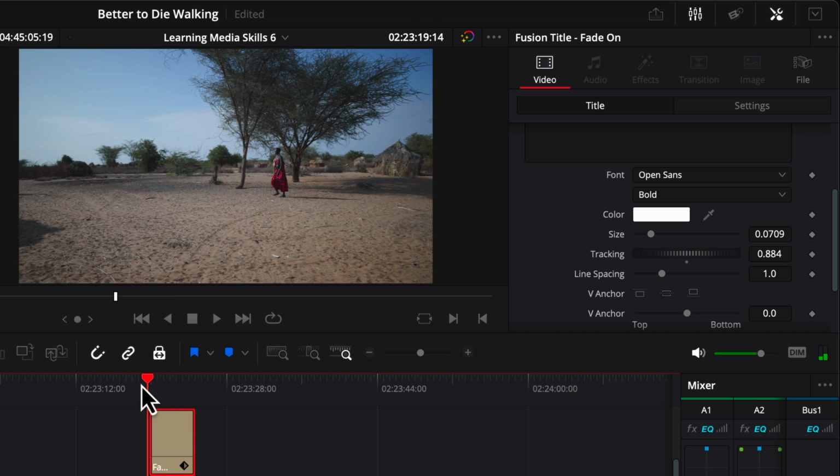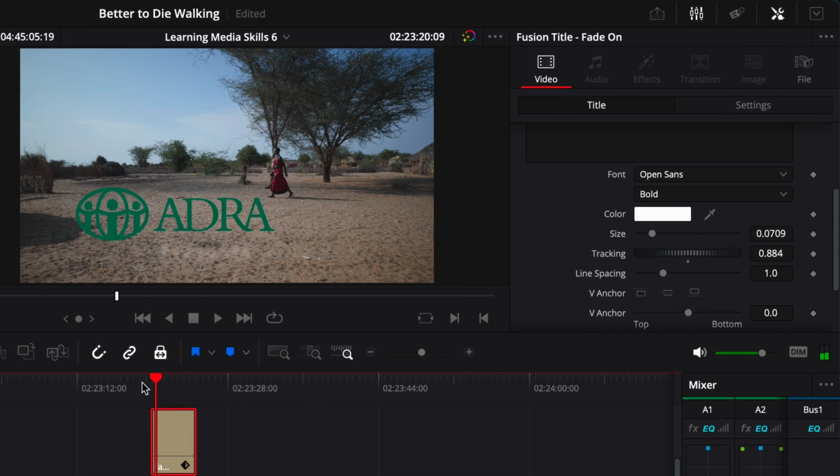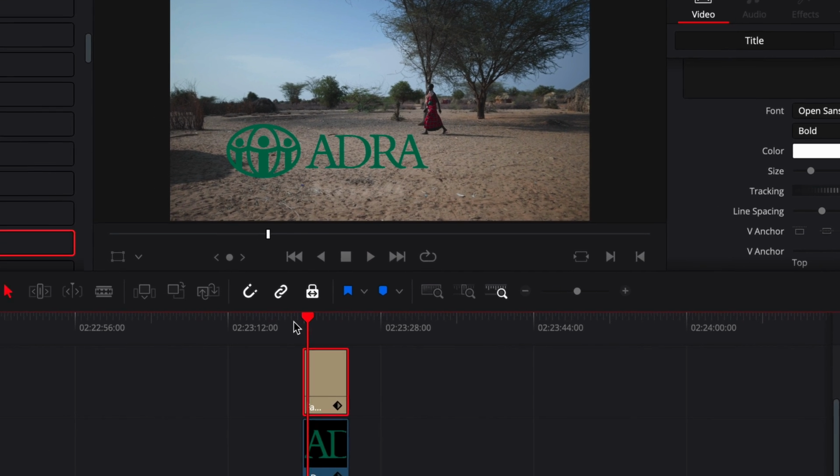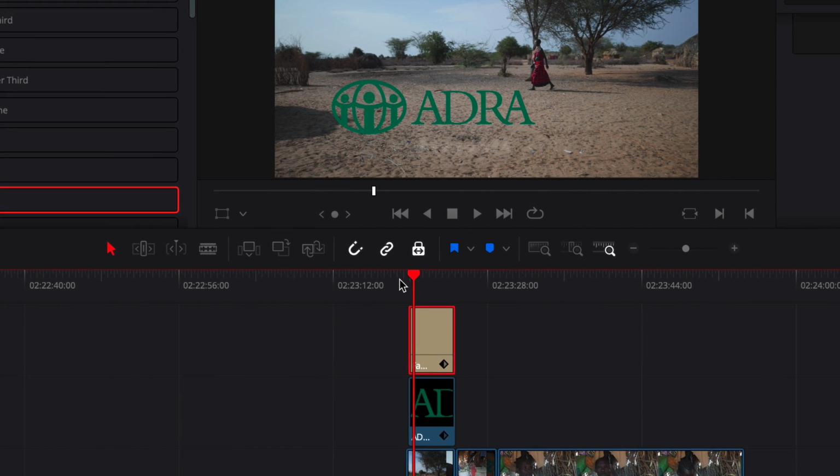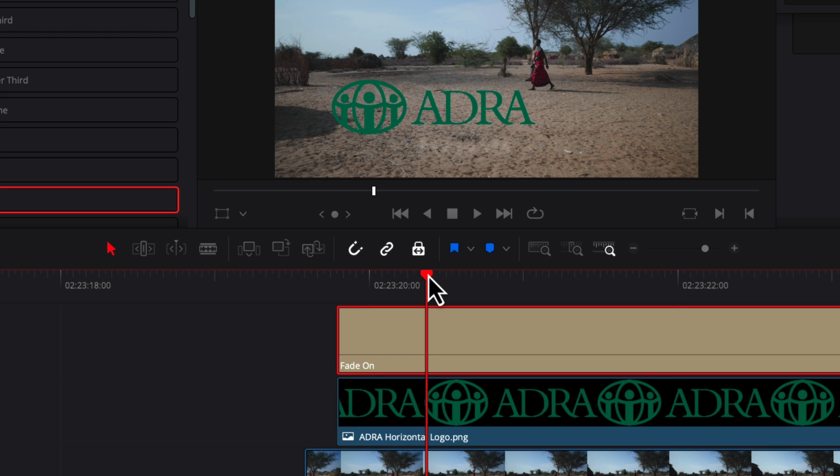Oh, first of all, we see that the logo just pops on. I'm not a big fan of things popping on like that. Well, how can we fade that on? You could go to video transitions and add a fade onto the end of this, but it's a lot easier just to go to the clip itself, and as soon as you hover your mouse over that clip,